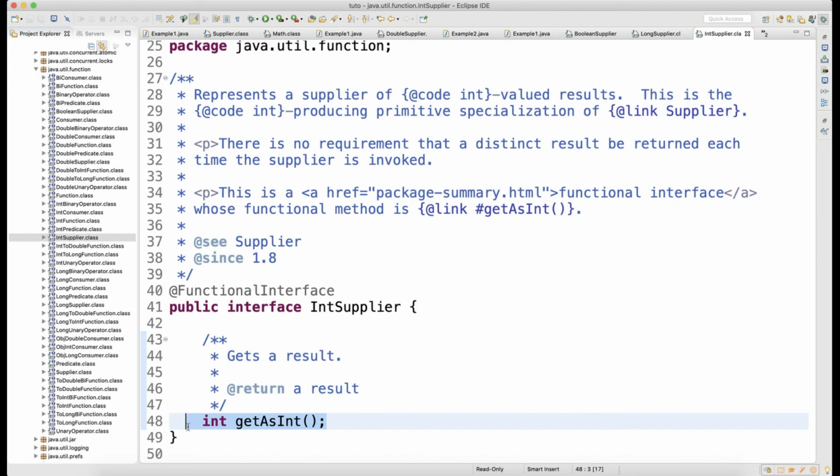See guys, why they have given ready-made classes, so that it's up to you. If you want to use the ready-made class, you can just go ahead and use it. This way you will make sure that your output will be always fixed. So when you use int supplier, always your output will be integer. When you use double supplier, your output will be always double. When you use boolean supplier, your output is always boolean, right? When you use long supplier, your output is always long, right? So that's how they have given it, right? With this we are done with the supplier.